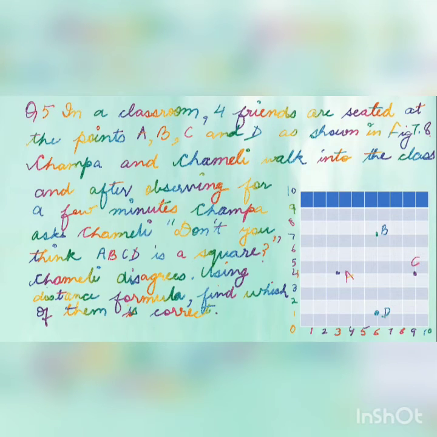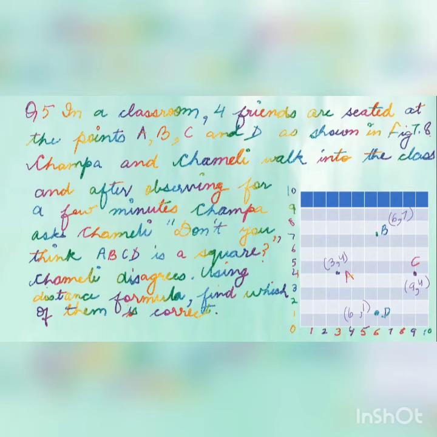Now, first you will be writing the points by seeing from here. The point A is 3, 4. B is at 6, 7. Then C is 9, 4. Then point D is 6, 1. First write the coordinates. First write the points of ABCD.